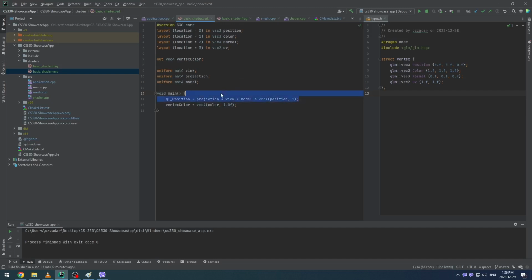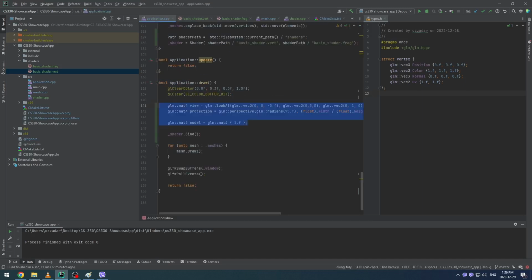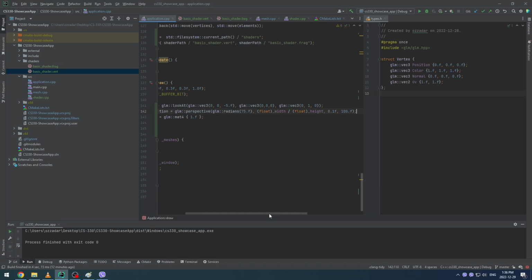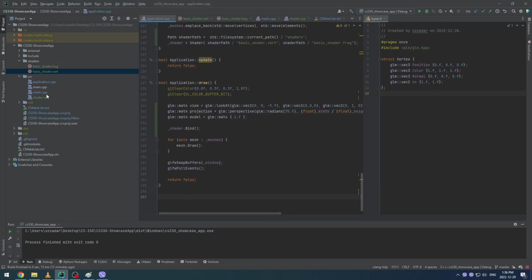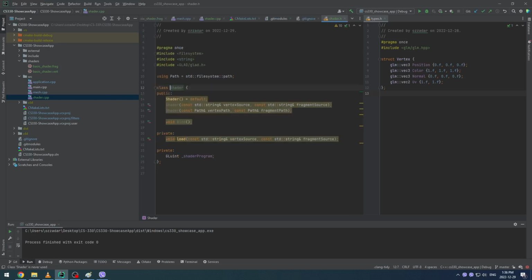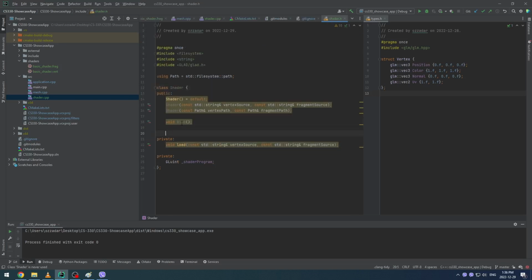So that's what we want to do here, and we need to be able to set these values, right? These values are currently unset. So what we want to do is go inside our shader class, and we will now give them some functions to be able to set these values. So void set mat4, and we're saying const glm::mat4 reference, mat4, and we can include